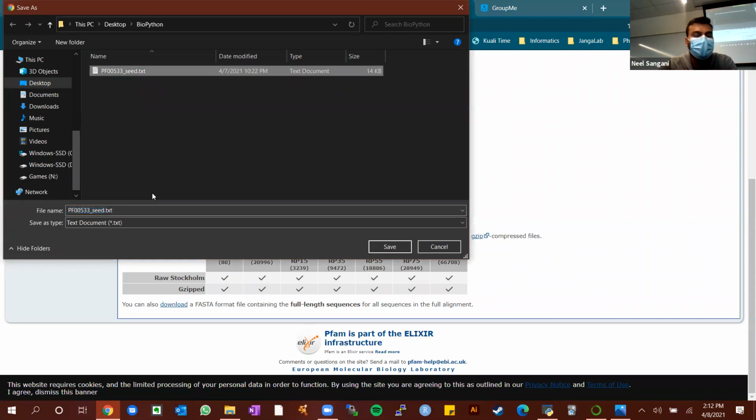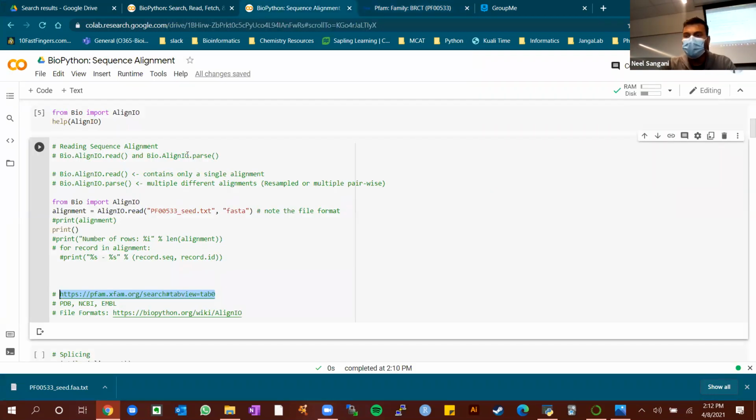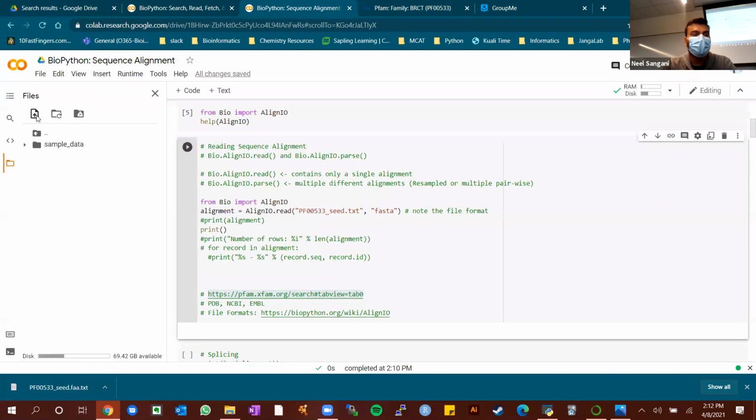For me, it was a TXT file, but you can change this. I used TXT before, so I'm going to use a FASTA file, FFA file, and then save it wherever your location is. And then we're going to go back to our Google Colab notebook, and we're going to import that file. So how are we going to do that? We're going to go to this file folder,